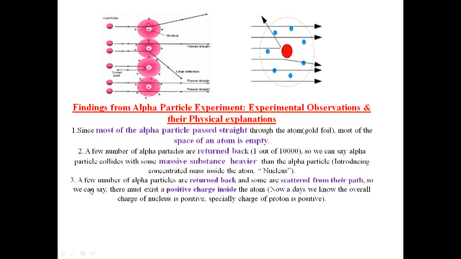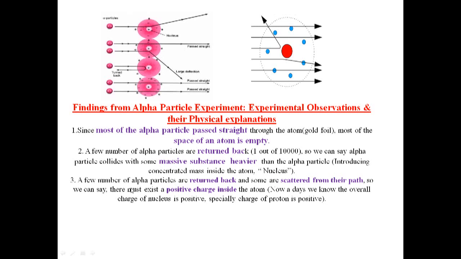And the third experimental observation: a few alpha particles are turned back and some are scattered from their path. That means in the first figure we see this alpha particle has scattered from its path, and in the second figure the scattering is quite larger than in the first one. That means we can say here,